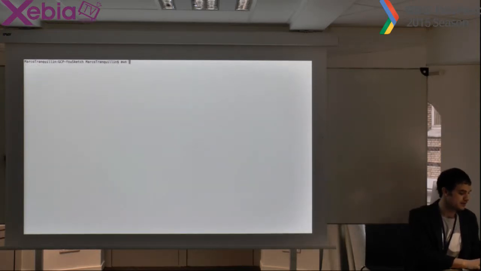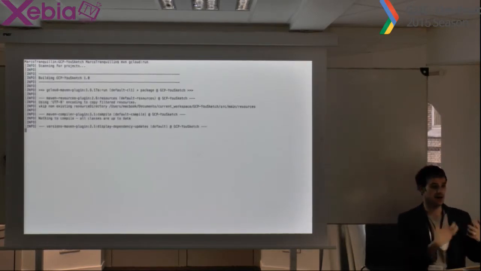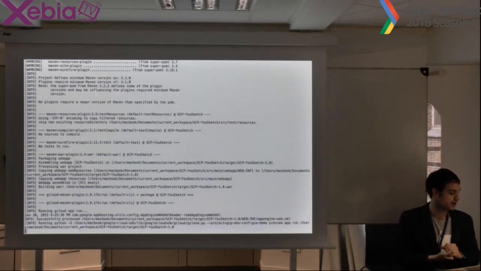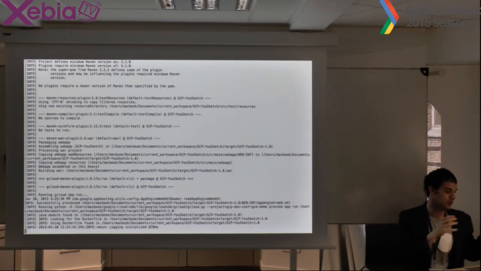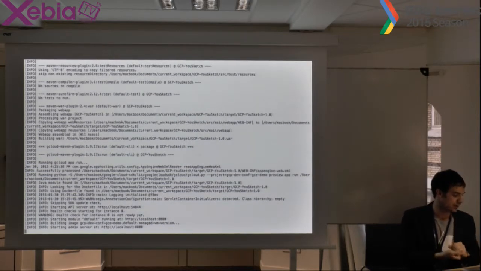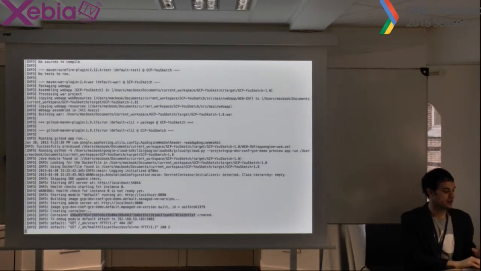Okay. Using Maven, I will launch the goal gcloud:run, and the application will create a new container on my Docker environment. All the code will be put inside my Docker environment, and I will be able to interact with it. So as you can see here, this container has been created, and the application is normally accessible on localhost